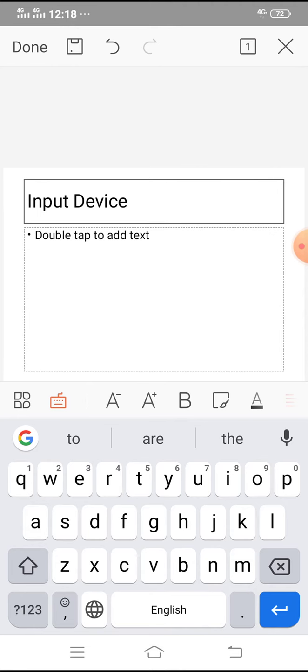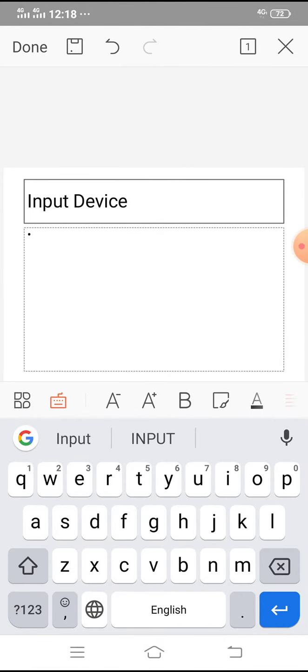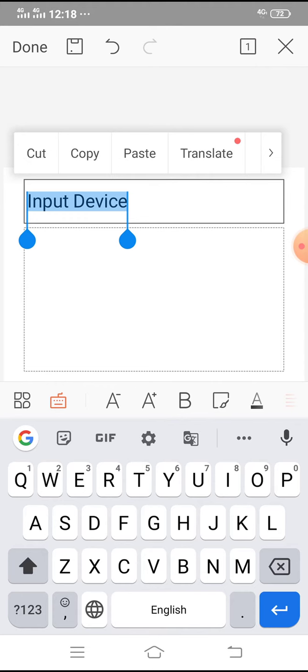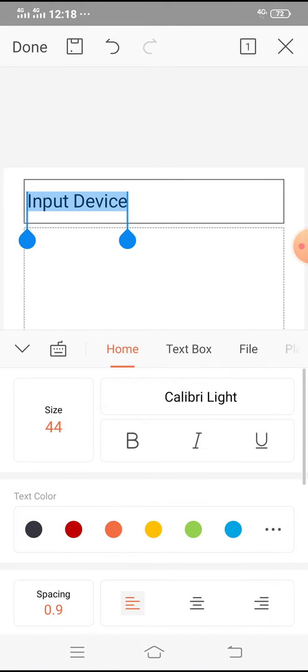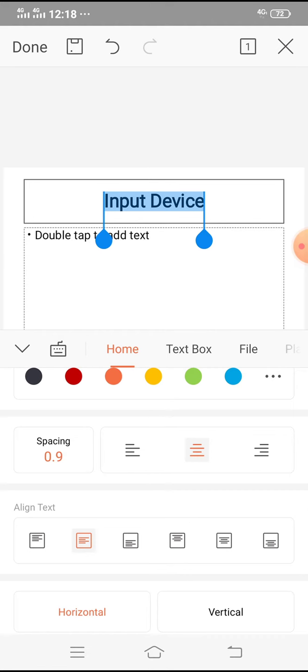Now I will change the alignment of input device. For this, I will select the name input device. After selecting it, click on the menu bar. In the home menu, you can see the size of the text. You can apply bold effect and you can see the alignment here. I will change it from left to center.